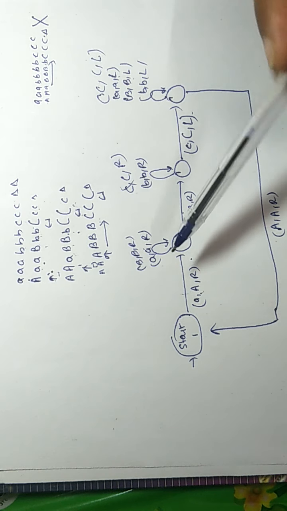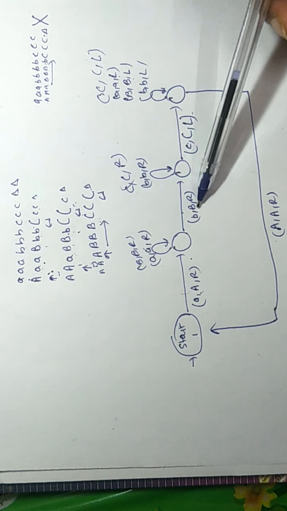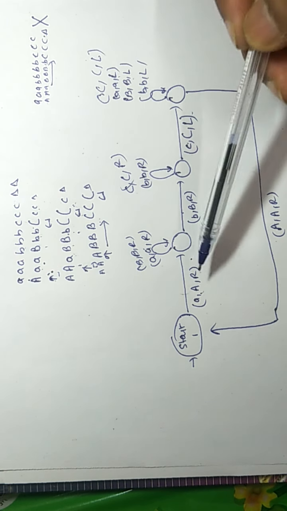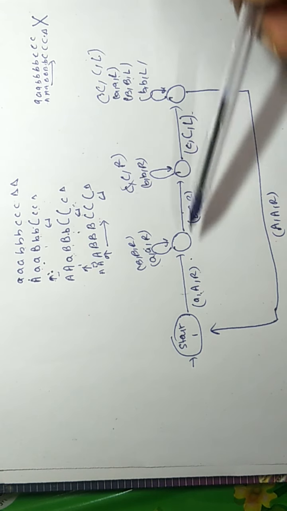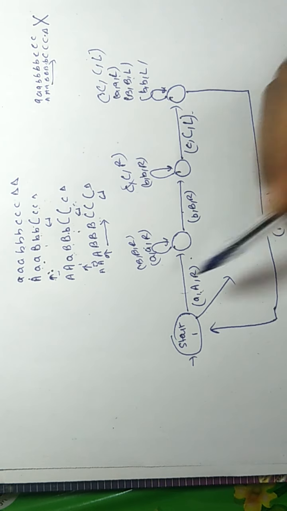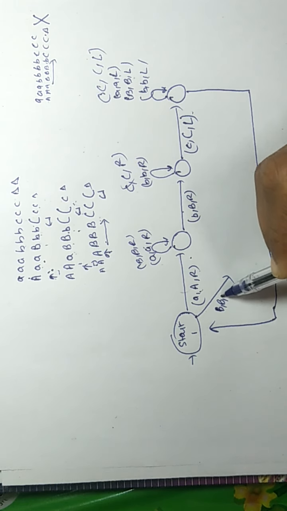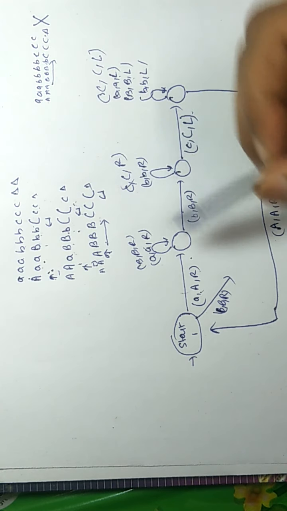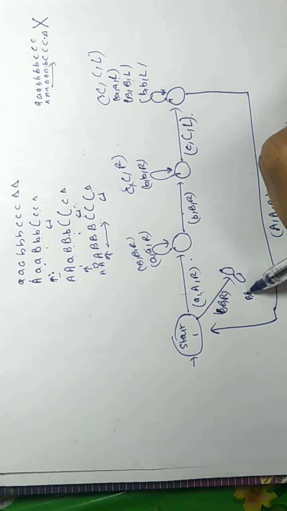So in this way we will convert a small a to capital A, small b to capital B, and small c to capital C in this cycle. For every a, every b and every c, this cycle will continue, and at the end, in the right of this capital A, we will get capital B. So we have to ensure that everything is in capital now. So we can get some more capital B's.